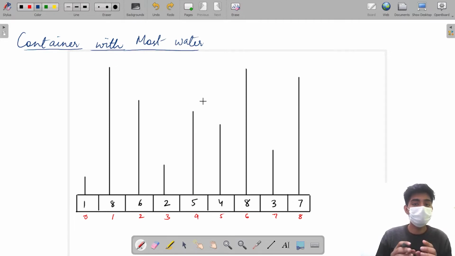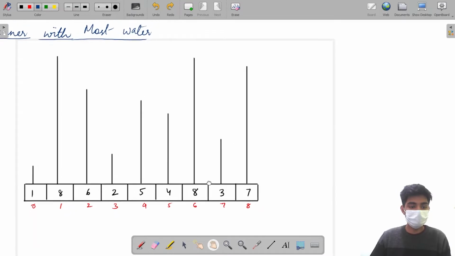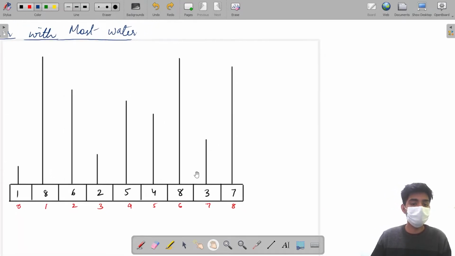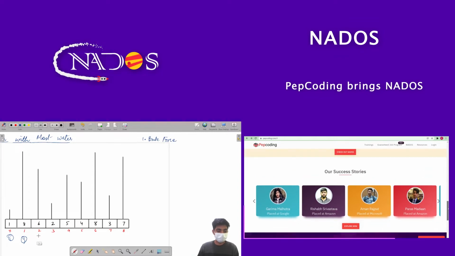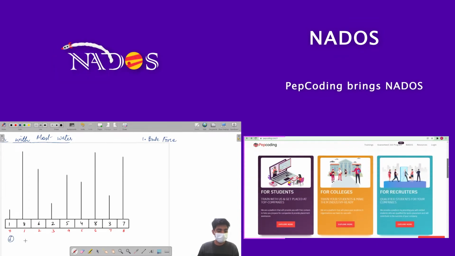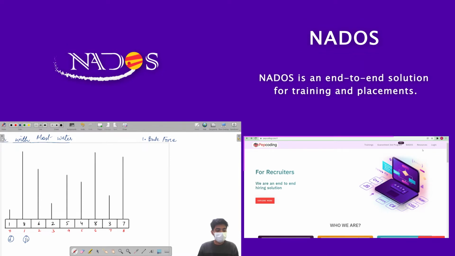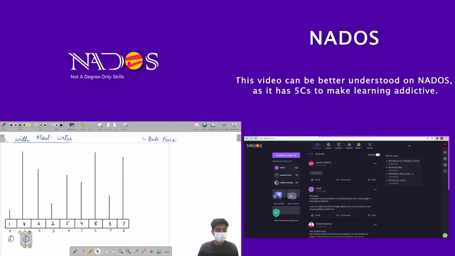Okay, I have to choose different lines and compare them to get the maximum value of the capacity. So what is going to be the brute force approach, right? If I just use a brute force approach, the brute force approach is going to be that I take a number i and I take a number j, right? I take i and I take j, and for i, j will travel for every number, right?